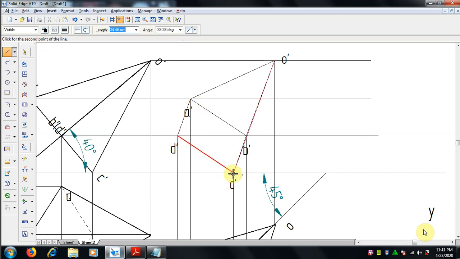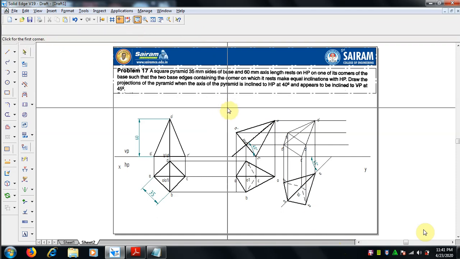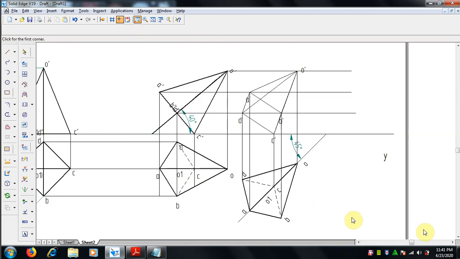Join the edges properly with the end points, and then now slant edge D to O, right? So all the base and the slant edges get linked with the lines. Now we have to make which is visible, which is invisible. So we can use a zoom command for the clarity.